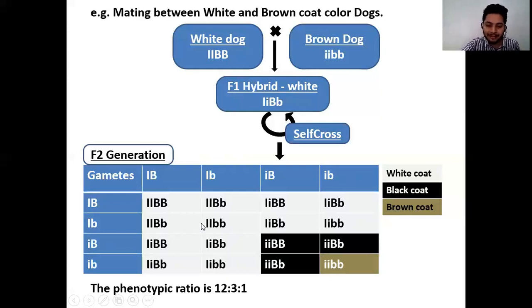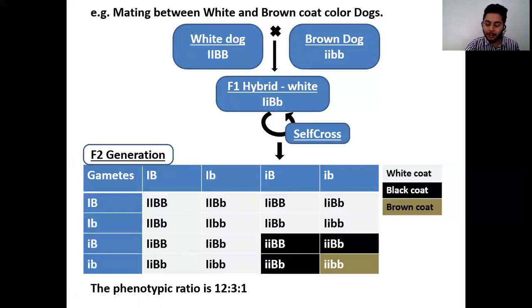So these are the 3 different cases that you observe in the F2 generation in the ratio 12:3:1, where 12 offsprings are white coat colored, 3 of them are black coat colored, while 1 of them is brown coat colored. So remember students, the phenotypic ratio of the F2 generation in dominant epistasis is always going to be 12:3:1. So simply remember this kind of crossing so that it will be easier for you all to remember the ratio 12:3:1.